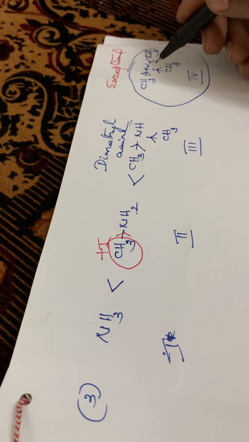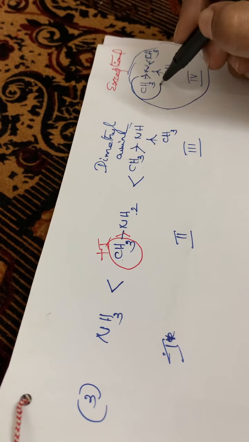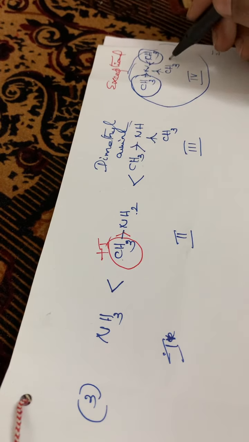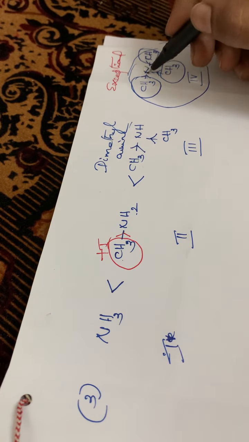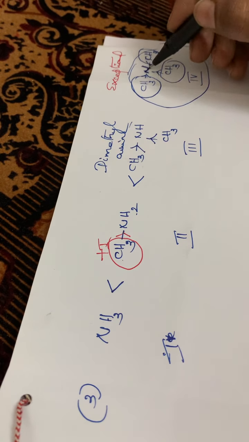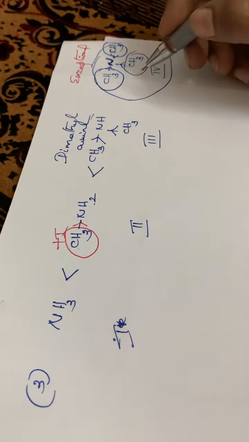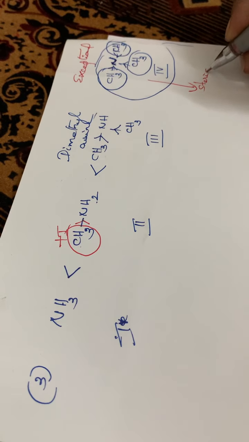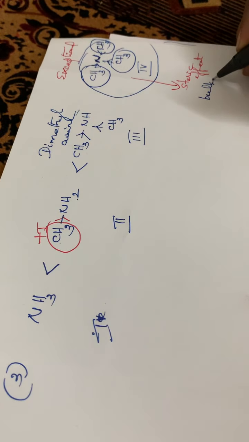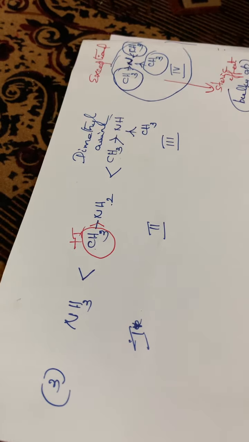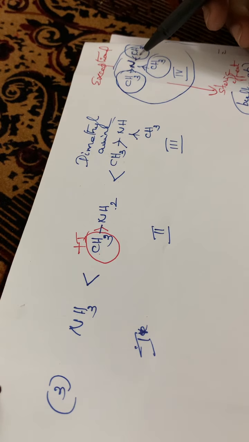But actually, these three methyl groups have a steric effect. A crowded, bulkier group is surrounding the nitrogen atom. Since bulkier groups are present, the steric effect acts in this compound. It is not easy to donate the lone pair of electrons as a result of the crowding due to the presence of these three methyl groups.